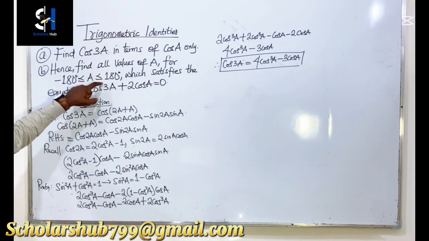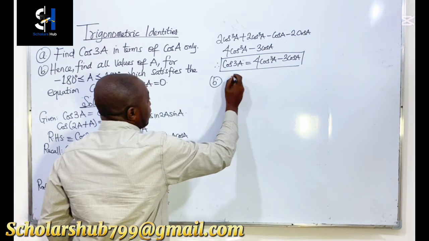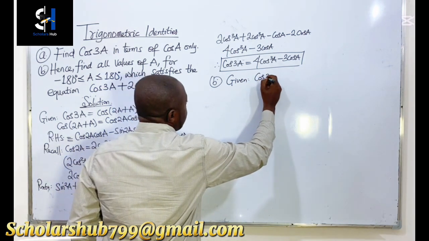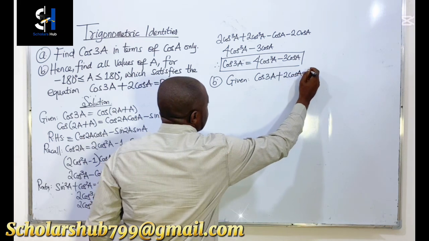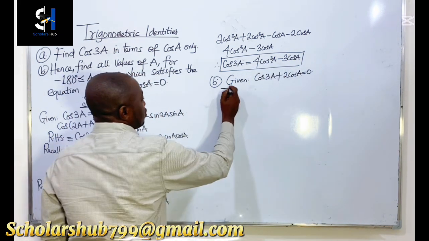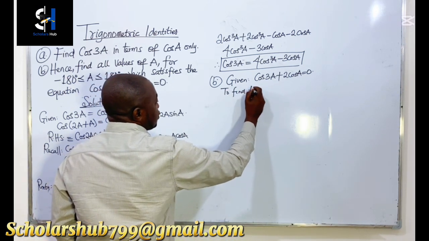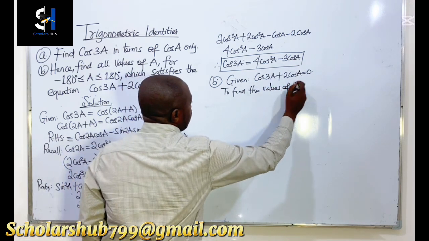Now, the second question is for us to find all values of A for negative 180 degrees less than or equal to A less than or equal to 180 degrees, which satisfies this equation. So for B, we're given cos3A plus 2 cosA equals 0. Now to find the values of A,